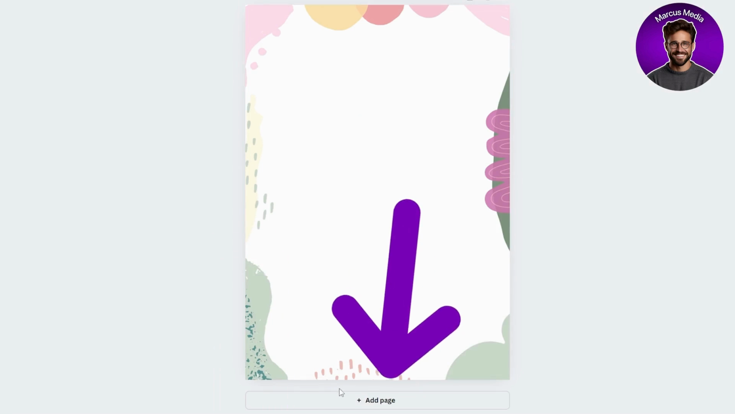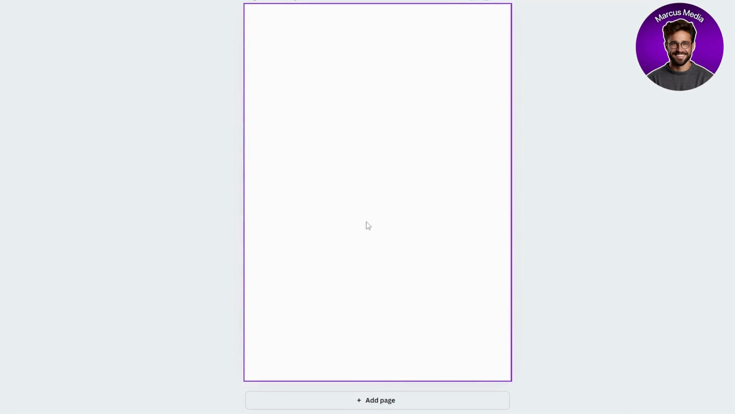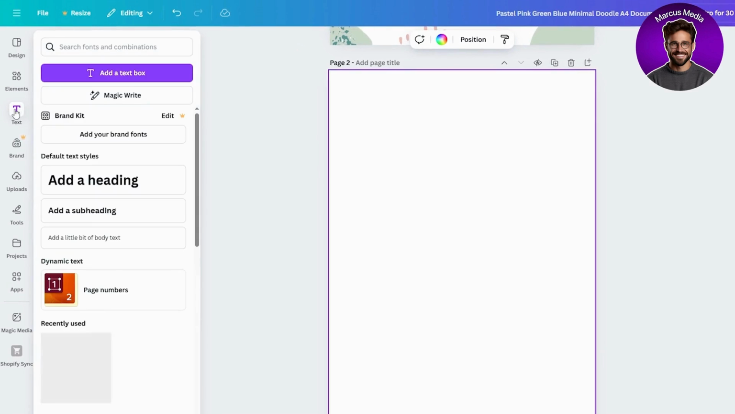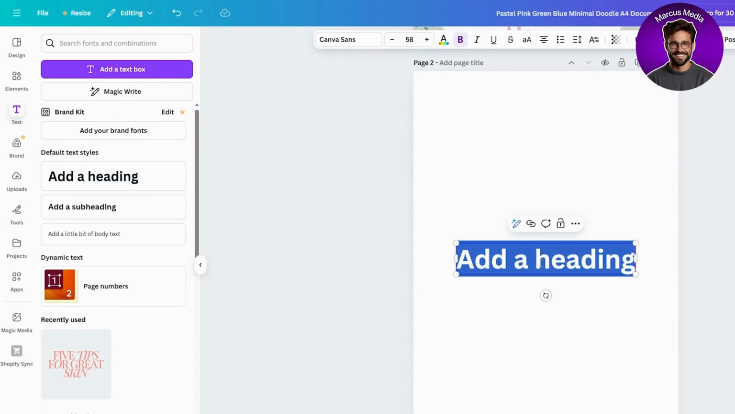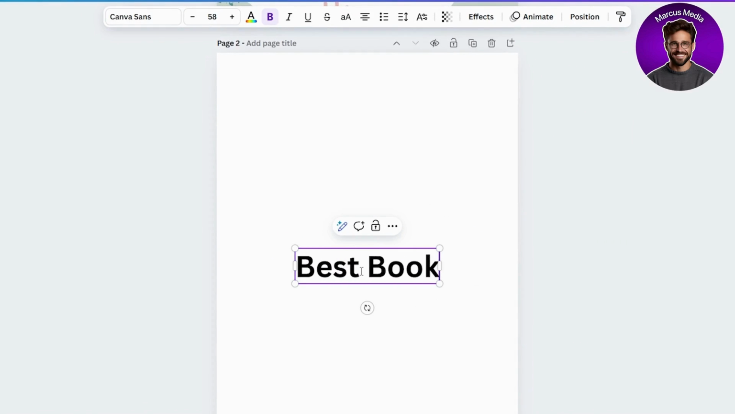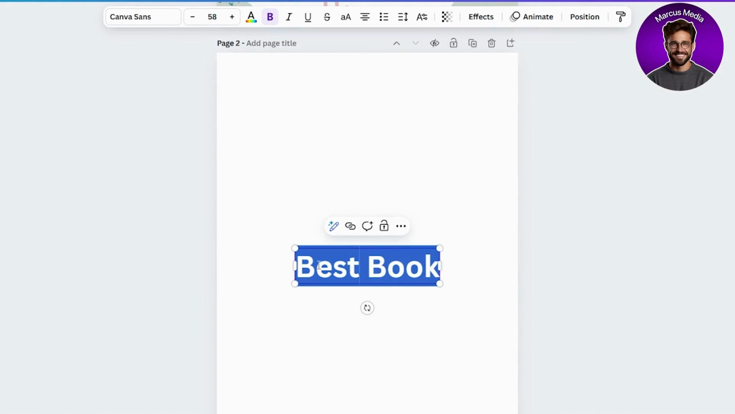Then after that I'm gonna make a new page with this template. I'm gonna click on add page, and after that I will simply go to text right here, then click on this section right here, add anything. I will type here best book for example,